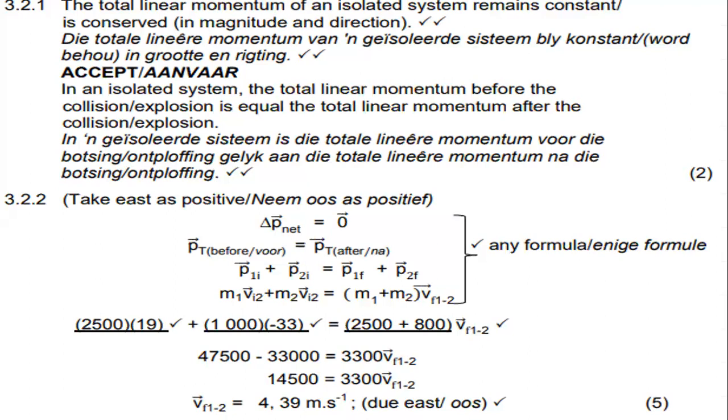Remember, that one will then give you 3,500. So there you can definitely see, because of that error, instead of being 1,000, it is 800. So you rectify that and you make that 3,500. Then you will say, okay, 47,500, you will then subtract 33,000. That will give you 14,500. And you will take that, you will divide by 3,500. When you divide that by 3,500, then this value is going to be